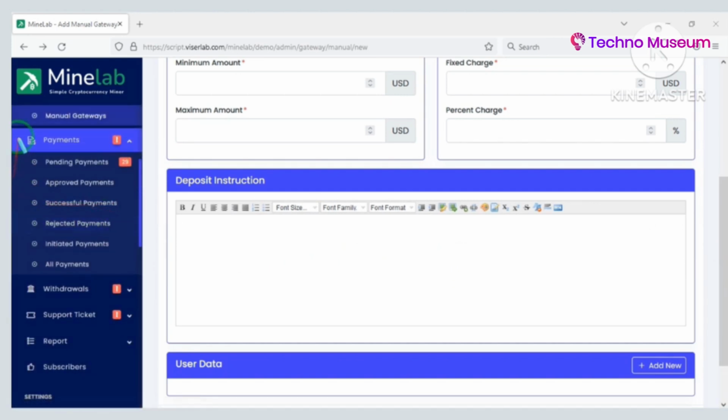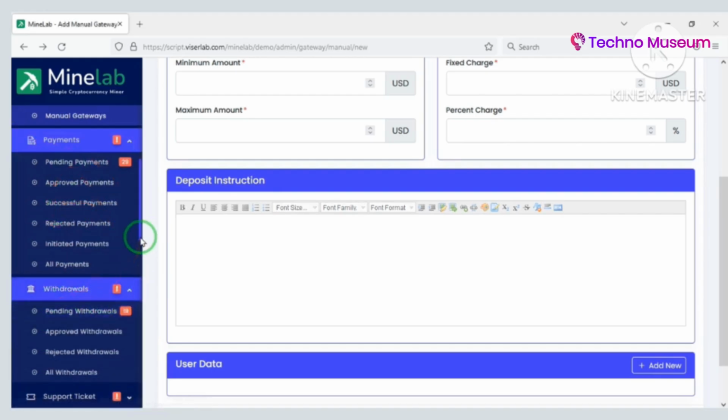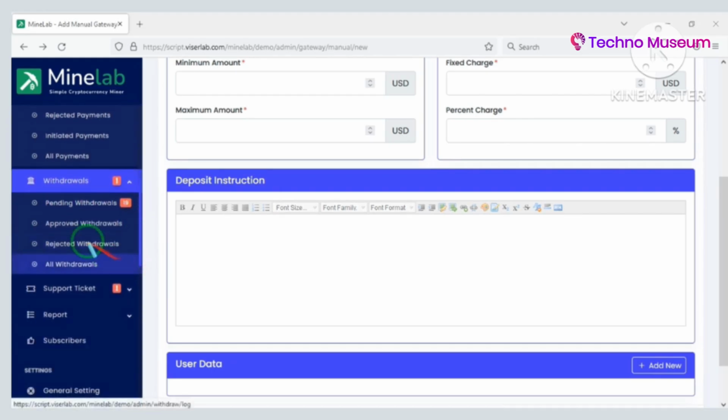You can see the various payment history of the website. You can view users' payment withdrawal history.